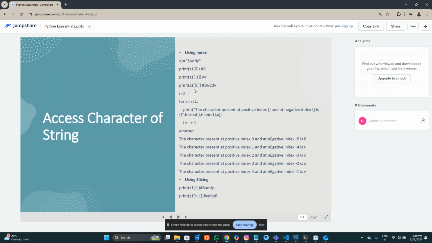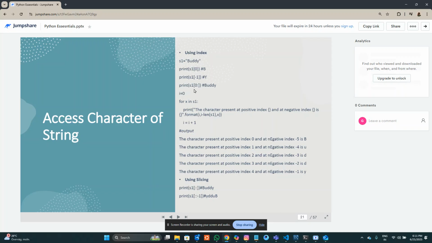We can also define where to start and end. Like in range, when I say range of 10, it automatically starts from 0. If I say range of 1 and then 5, it will start from 1 but end at 4. I can also define the frequency, right? The same kind of feature is available with the string also. So in the string s1, I can start from 0 and go till a certain index value only, or I can leave it blank. Like in range, when I leave the start point blank and only say range of 10,